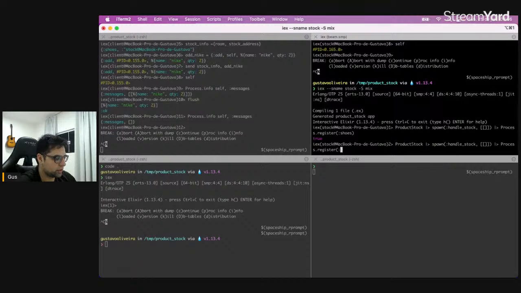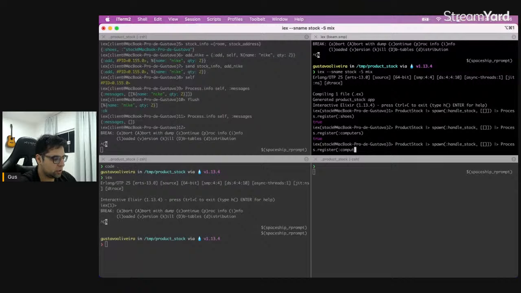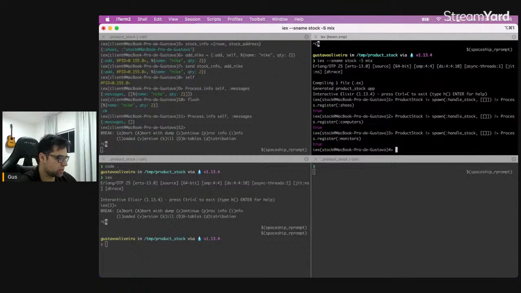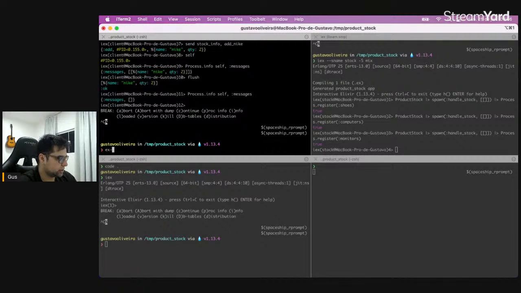We're going to say maybe computers, and we're going to say computers. Let me think about other stuff. Monitors. About 3 departments now,